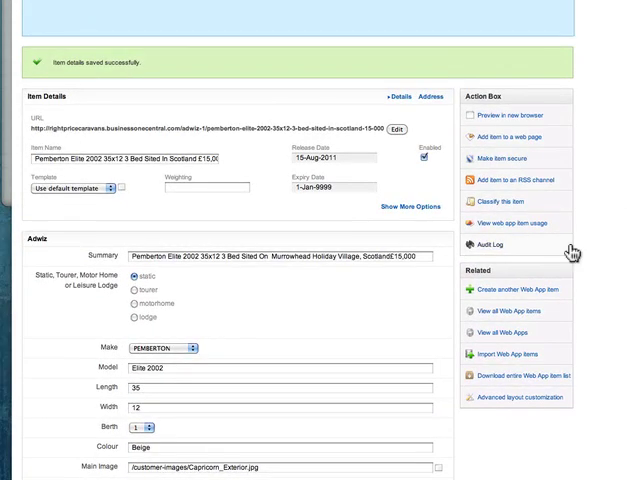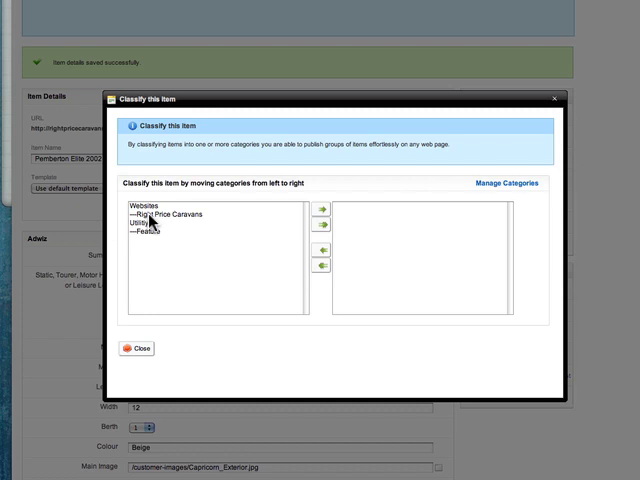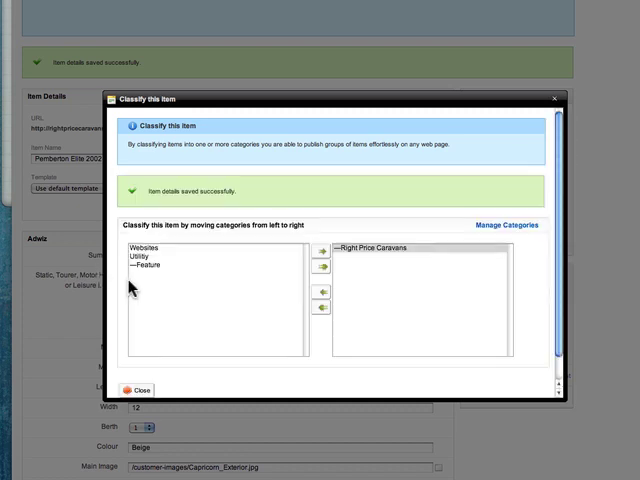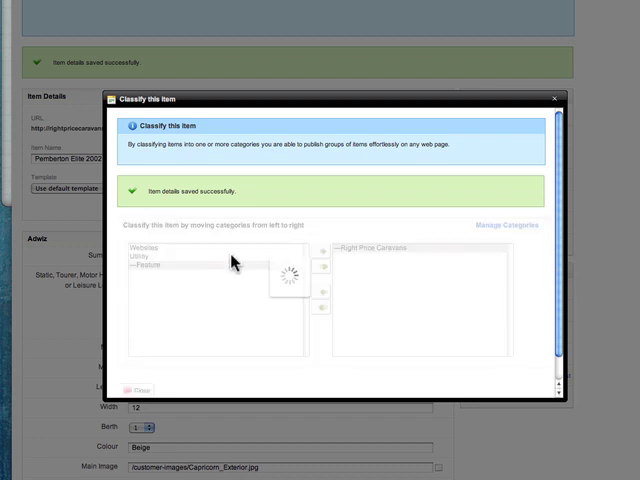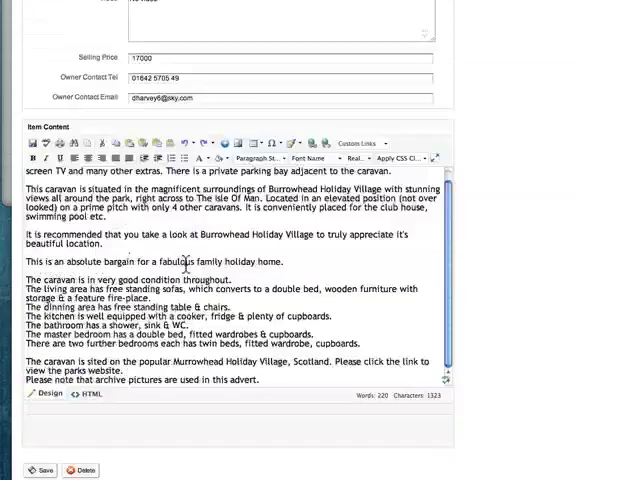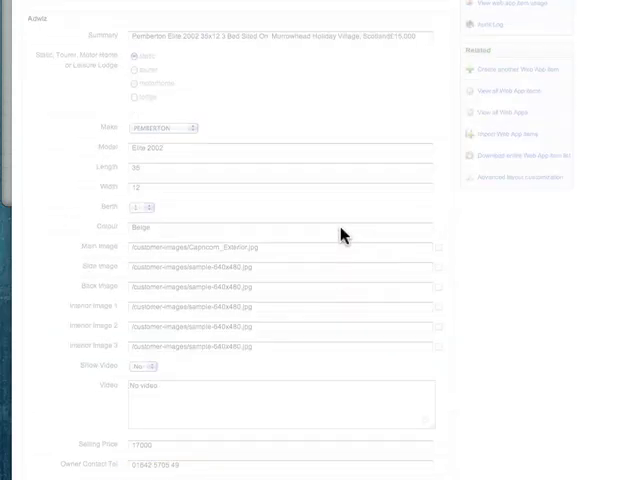And then lastly we've got to classify this item. So running down the action box here, you'll see it says classify this item. If we classify that, we're going to add it to Right Price Caravans, and if we want it to be on the home page as well, we can add it as a feature, and then we'll click close, we'll click save,